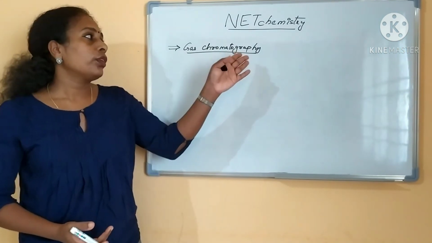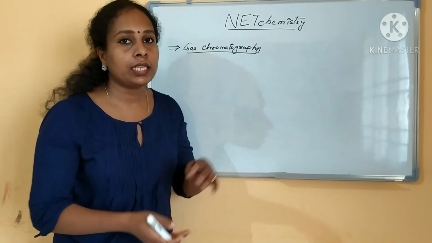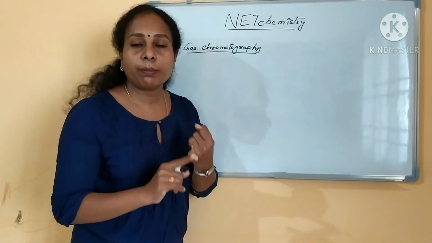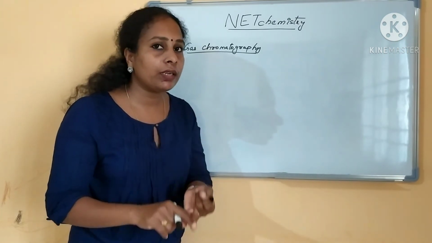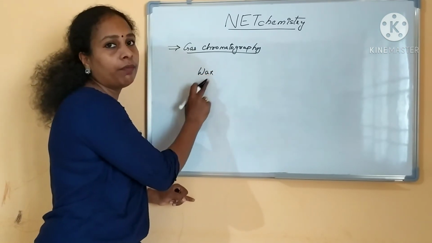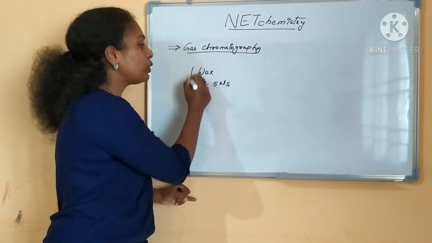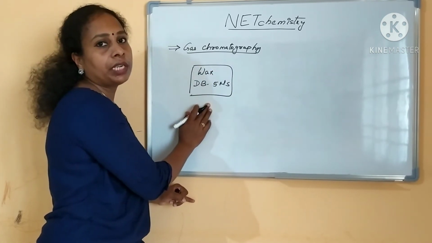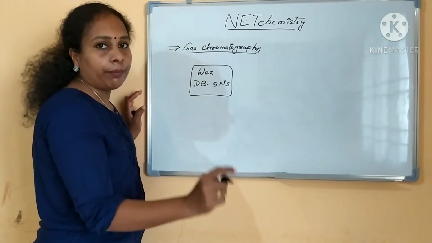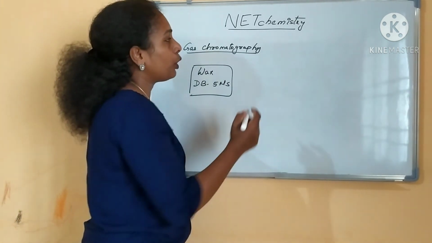And here also your question will be: what are the detectors used in gas chromatography? Remaining things are the same. The mobile phase will be a gas, and the column will be a packed column. You can use wax columns in gas chromatography, a wax packed column, or DB5MS. These all are the columns you are using in a gas chromatographic technique, and your oven will be maintained at a particular temperature. Then coming to the detector, what are all the detectors you are using in a gas chromatographic instrument?